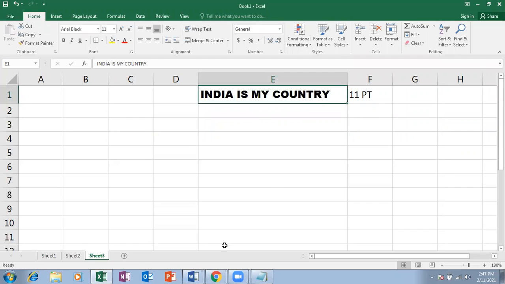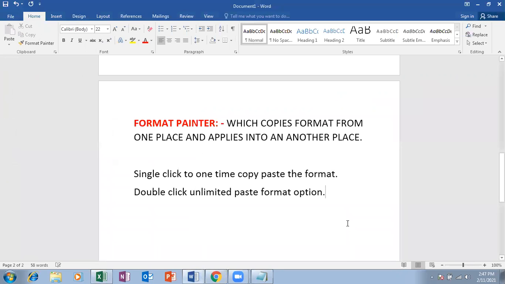And then the average font size is nothing but from 8 to 72 pt points.